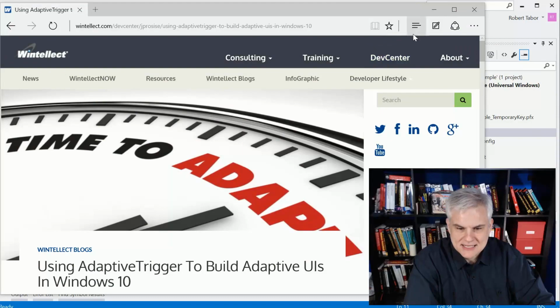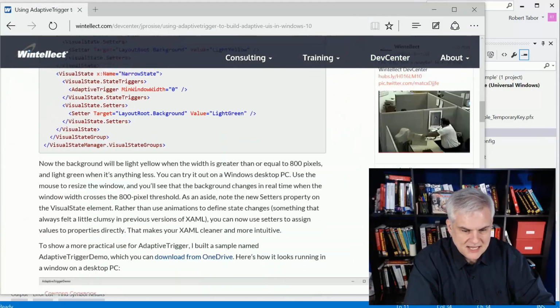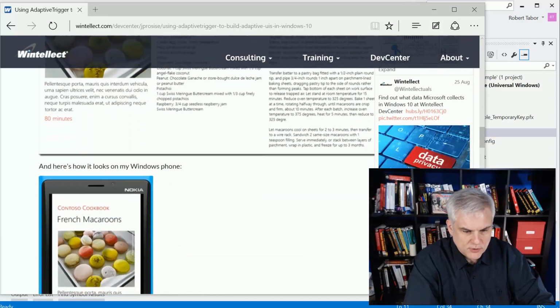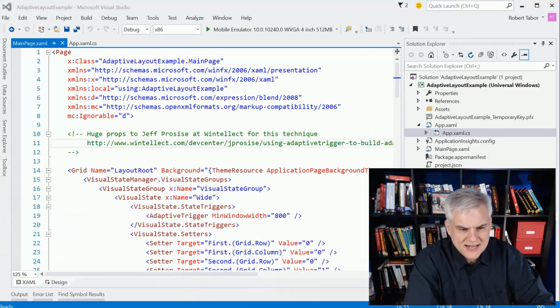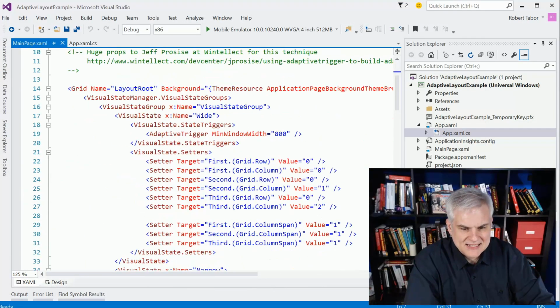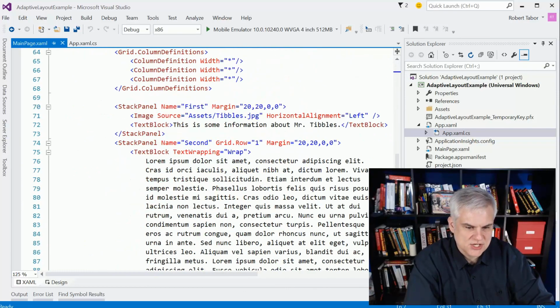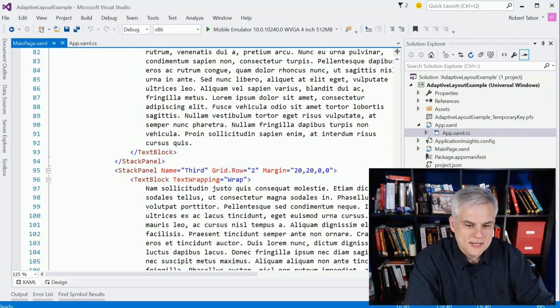And in the body of this article, he outlines this Contoso Cookbook example. So I took that idea and ran with it, and I've created a little news-style application that has an image of my cat, some information about Mr. Tibbles, and some lorem ipsum text